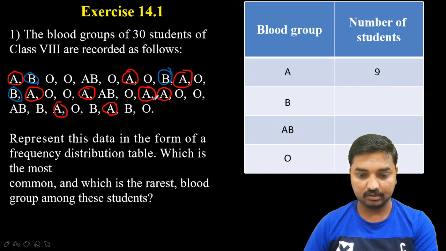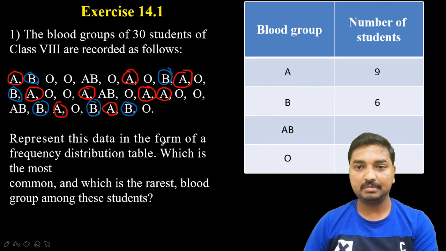Okay, next here there is no person with blood group B, and here is the person, and here one more person is there with B, and at last here one more person is there. Okay, so now can you count how many are there? 1 2 3 4 5 6. Okay, so that's why 6 persons are having blood group B.